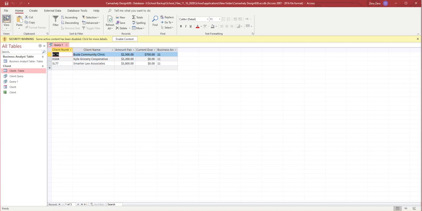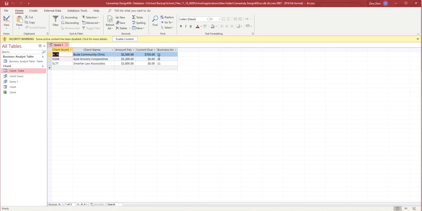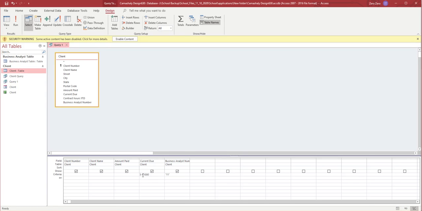than 1,000. Now, I didn't say less than or equal to 1,000. If I add that equal sign, I won't see an extra because I don't have 1,000 there. That is also 11, but if I did, I would see that. Now, if I adjust this and I move it down 1, then it's the same thing as saying if it's less than 1,000 or if business analyst is 11. So I'm going to see,